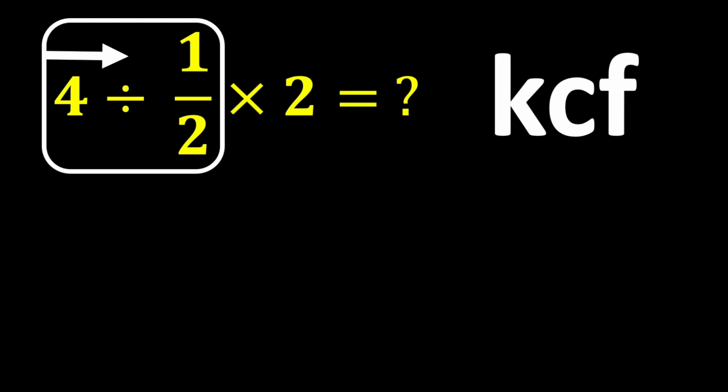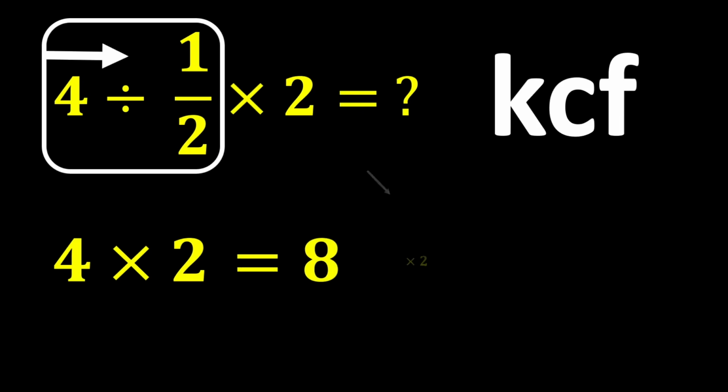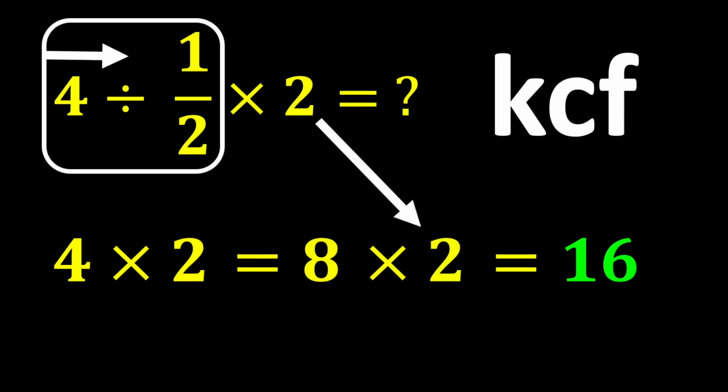According to this rule, we keep the first fraction as it is, change division to multiplication, and flip the second fraction. Now, according to this rule, we keep 4 as it is, change division to multiplication, and flip 1 over 2, which becomes 2. 4 multiplied by 2 equals 8. Finally, 8 multiplied by 2 equals 16, which is our